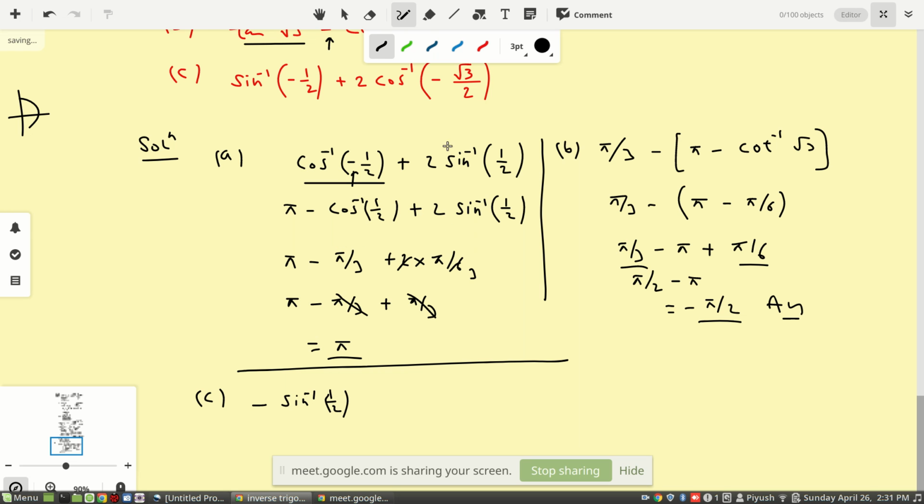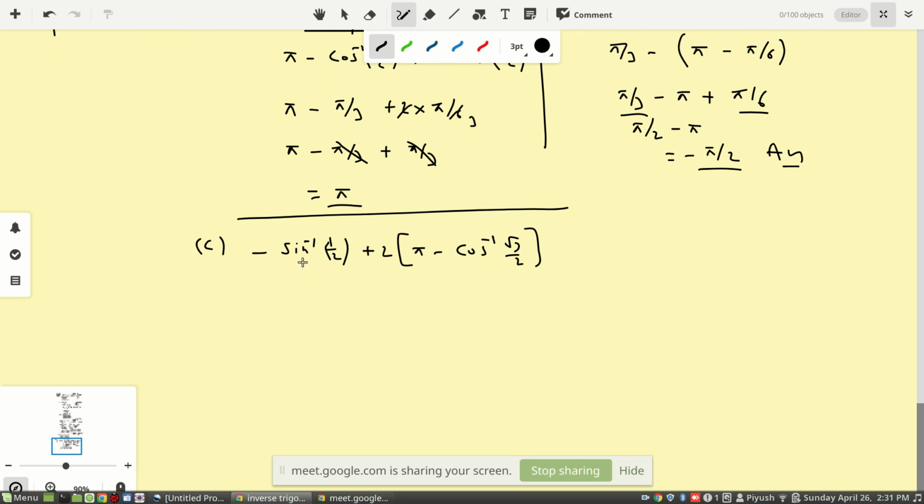And then after that, this is a cos inverse. Cos inverse is in this region, so that's why it will be pi minus that. So plus 2 is outside, open the bracket. So pi minus cos inverse of root 3 by 2. Just remove the negative. After this, all you have to do is put the value and get the answer. So here, sine inverse of half. At what angle is sine theta 1 by 2? This is the question we need to ask. So the answer is 30 degrees. 30 means pi by 6.